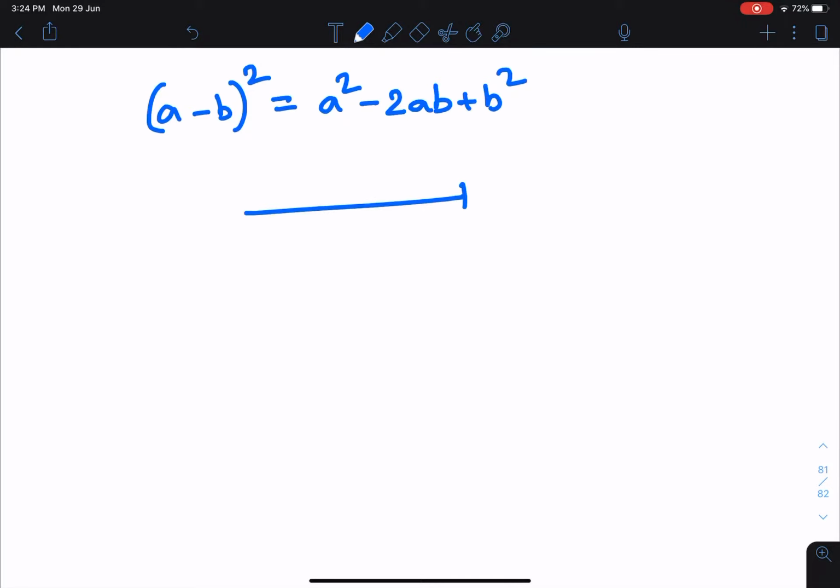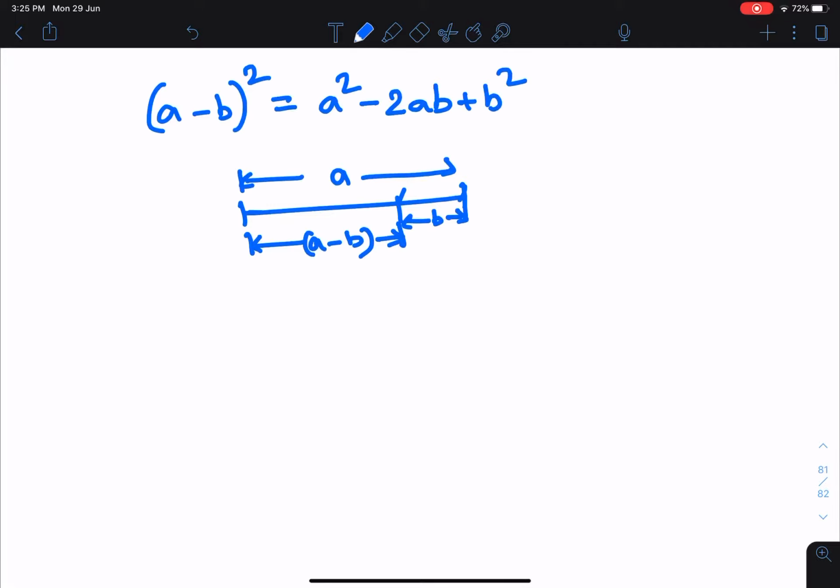In this lecture, we are going to try to prove the well-known formula, which is (a minus b) whole square is equal to a square minus 2ab plus b square. Now, just assume that we have a line whose length is a, right? On that line, take one point and then just mark this length as b. So what will be the length of this section? It will surely be a minus b, because from a we are taking out this section.